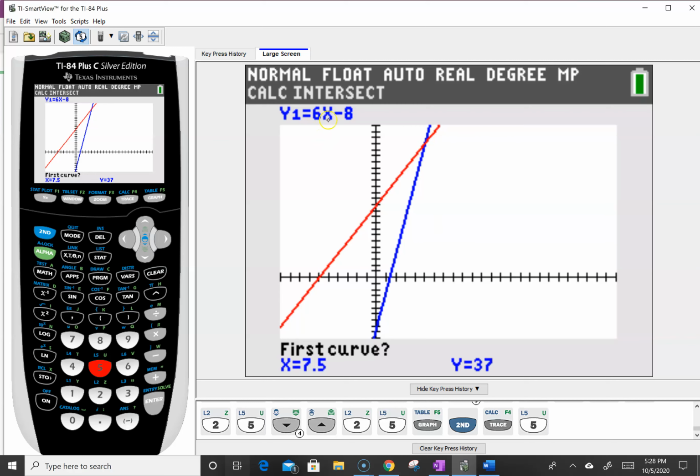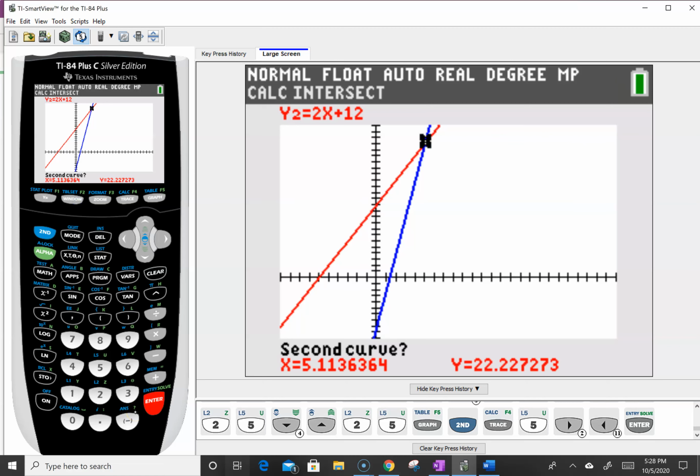Right now I know it's on the blue graph because it's all highlighted in blue and it says Y1. I need to get my cursor really close to that intersection. Well, if I move to the right, my Y keeps going up, 38, 40. My graph didn't go up that far, so going to the right didn't work. So now I need to go down. Oh, we're getting closer. Getting closer. Oh, there it is. So I want to get my cursor really close to the intersection, then I'm going to